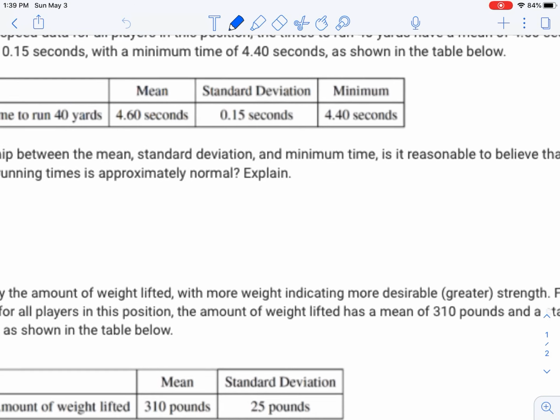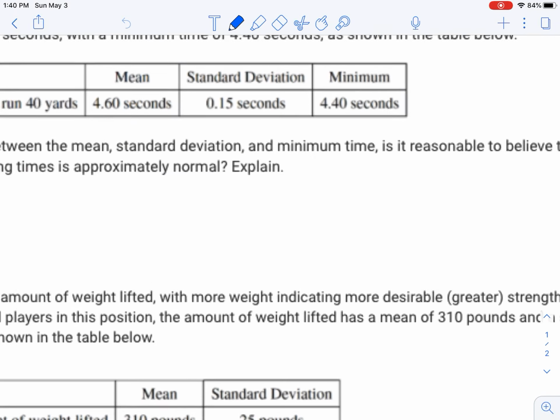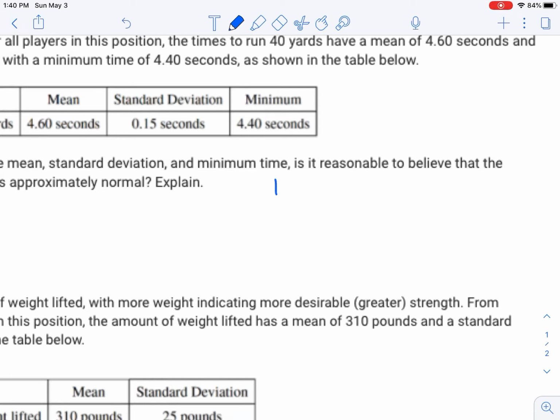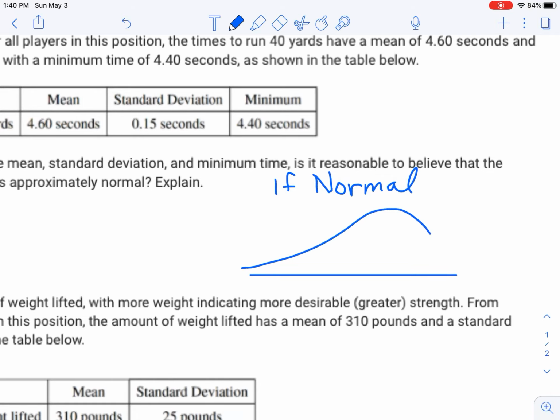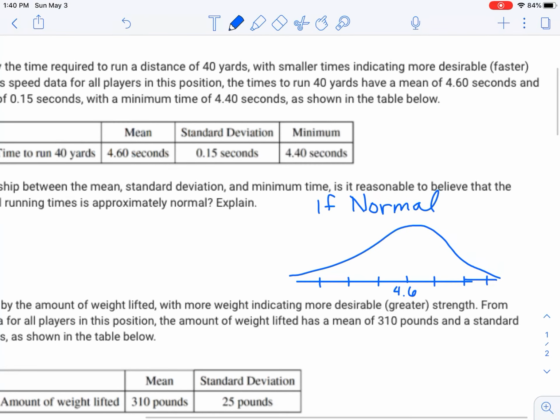it's approximately normal. The way I approached this was to think, if it's normal, then almost all the data, 99%, fall within 3 standard deviations. We have the 68, 95, 99.7%. So if the mean is 4.6, I can go out and I can label 3 in each direction. And what I noticed was if the minimum score,